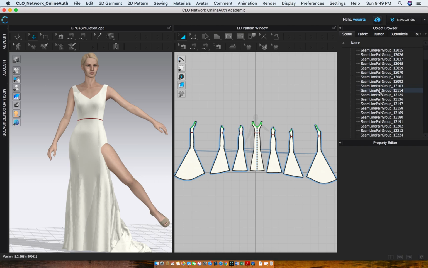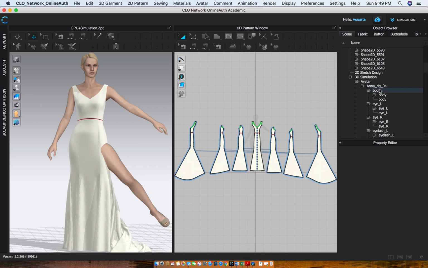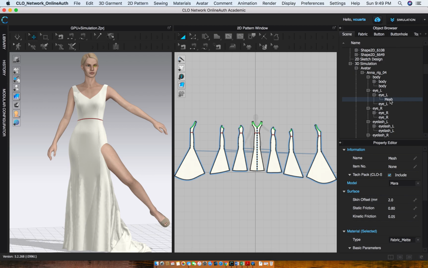This may look familiar to you if you've used any other kind of 3D software. But this is what's actually building everything that you see here. So for instance, in 3D simulation, I can go to my avatar and I can go, for instance, to her left eye. And remember, in 3D, everything is made up of mesh. So to see this, I need to actually click on the mesh. And anything related to her eye, which is what I have selected here, is now visible and editable to me